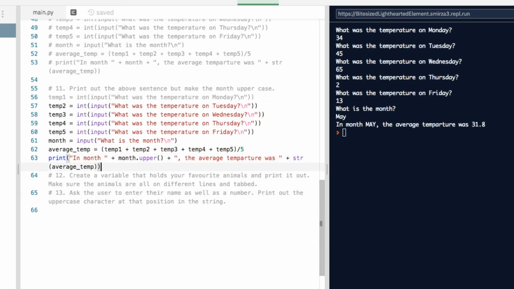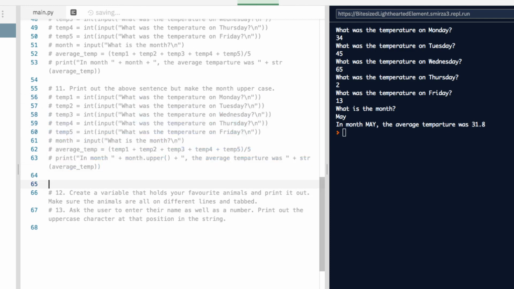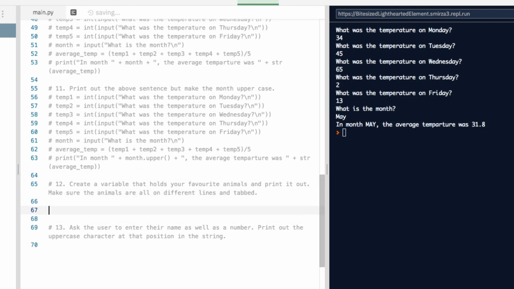Okay, on to number 12. Create a variable that holds your favourite animals and print it out, making sure the animals are all on different lines and tabbed. Okay, so I'll call the variable favourite animals, as it's clear what is getting held in there. And I'll create the string my favourite animals,